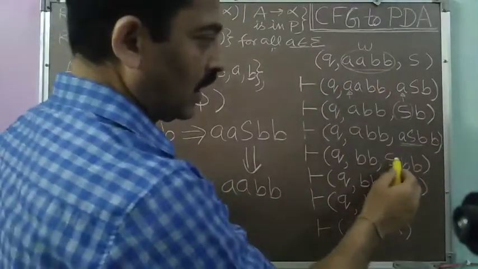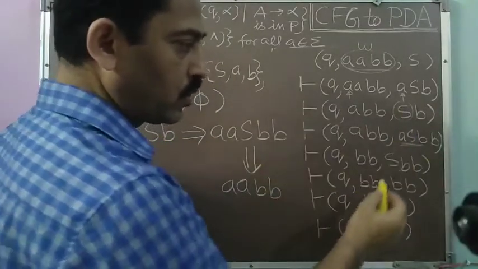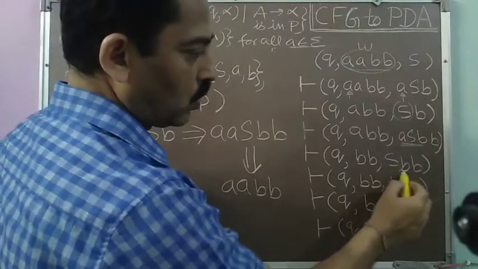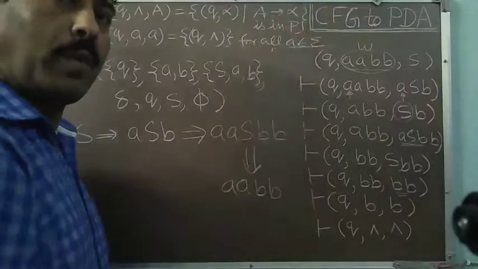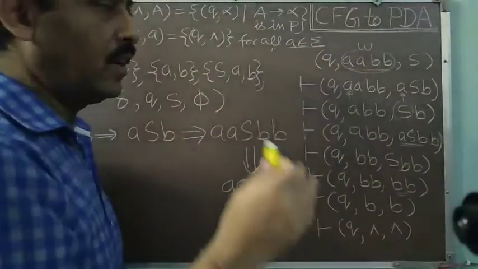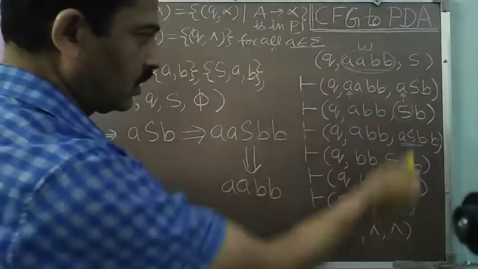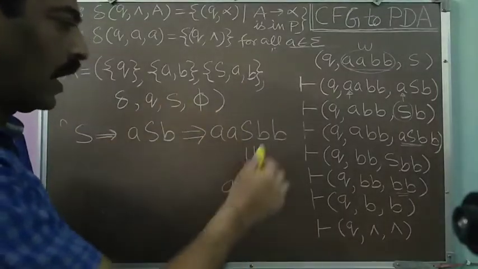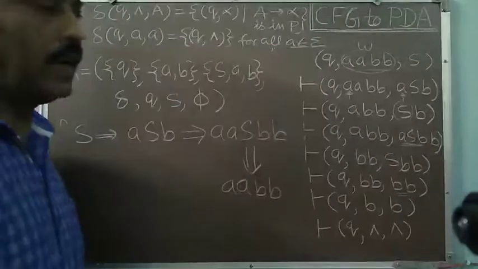Again here, you are getting S, that is the variable on the top of the pushdown store. You are applying one of its productions, that is S to null. So you have produced null, so only B is left here. So every time a variable is coming at the top of the pushdown store, I am replacing it by one of its productions. So that's why our PDA is working like we are doing a derivation in the grammar. So in this manner we can convert our context-free grammar into the PDA.